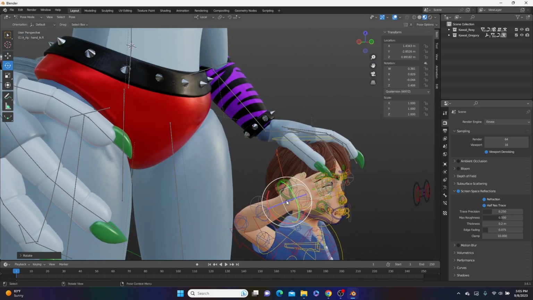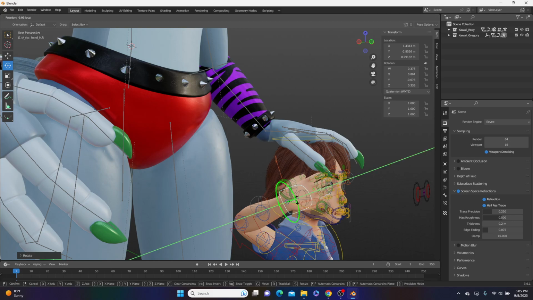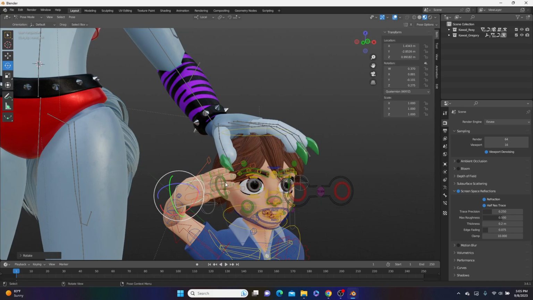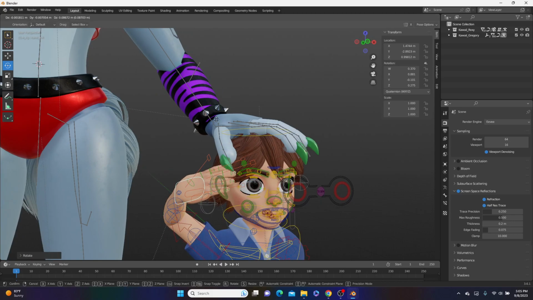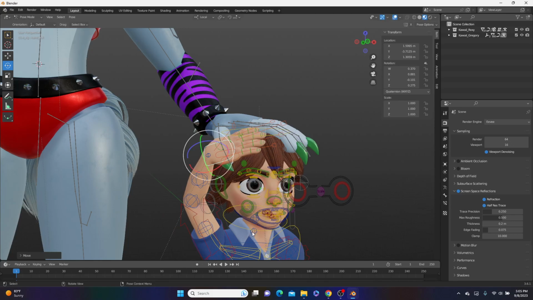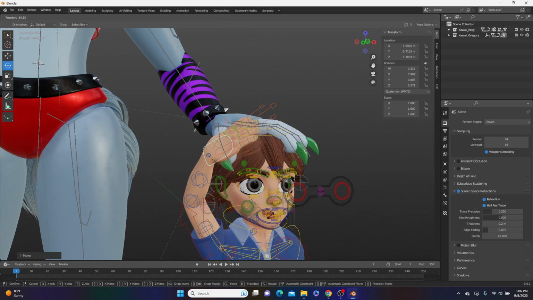So the two types of kinematics are forward, FK, and inverse, IK. Inverse kinematics are a lot easier to work with, although they do have their little disadvantages. Mainly,